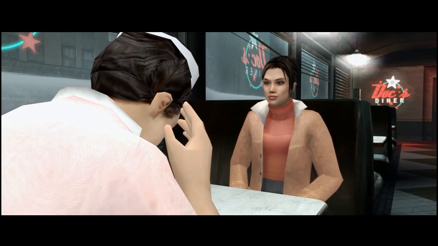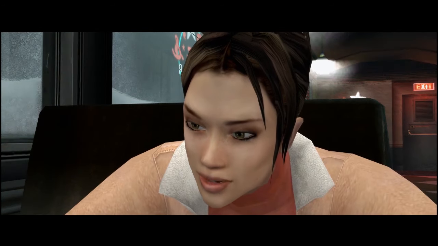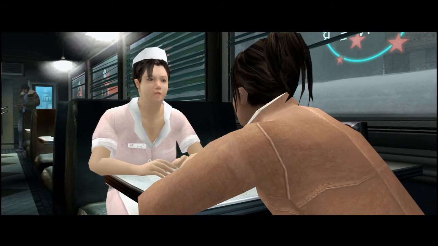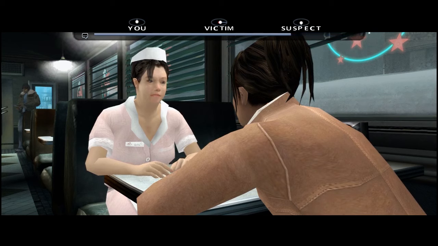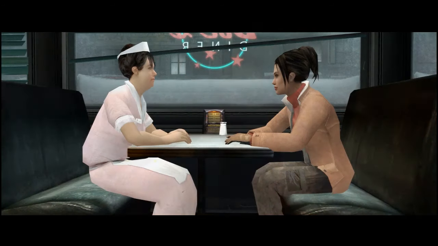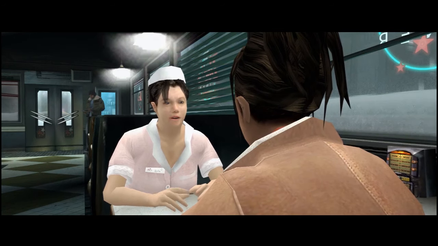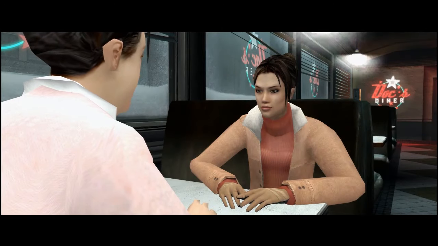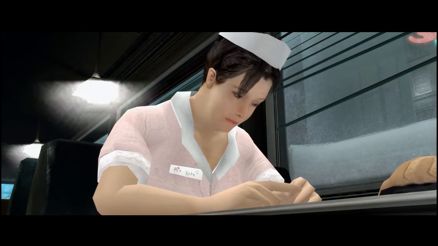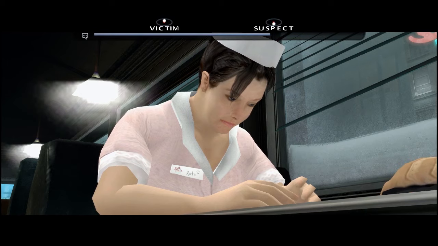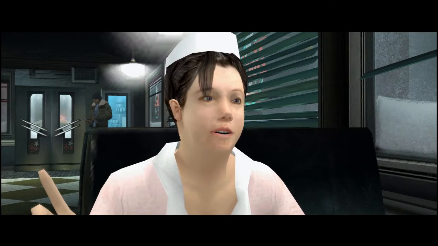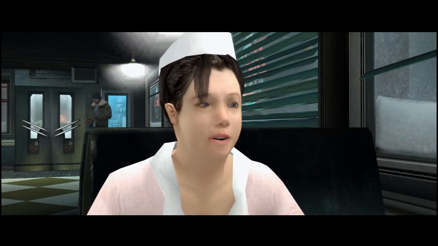Kate? I'm Inspector Carla Valenti. I'm in charge of the investigation here. Would you mind answering a few questions? No. Go ahead. Have you been working here long, Kate? It'll be 11 years next month. I've seen all sorts in this place. Down and outers, junkies, you name it. The till's been robbed a few times, but murder? That's a new one. Poor John, he was such a nice guy. Did you know the victim well? John was a regular. He came every Monday. He always ordered the same thing and left a nice tip.